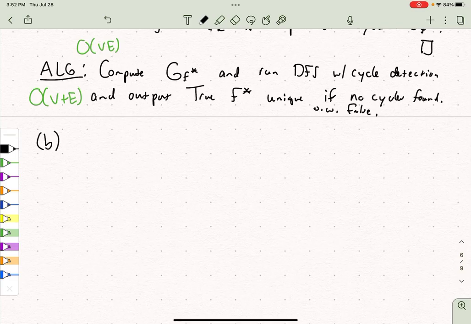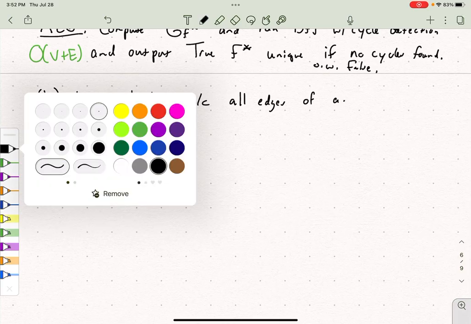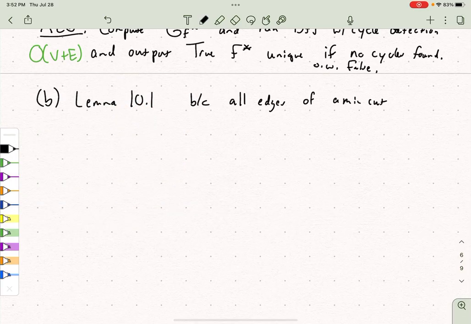So what are we going to do? Again, let's think about Lemma 10.1. If we have some flow in the residual graph, let me phrase it like this. All the edges of a cut, specifically a min cut, are saturated by any max flow